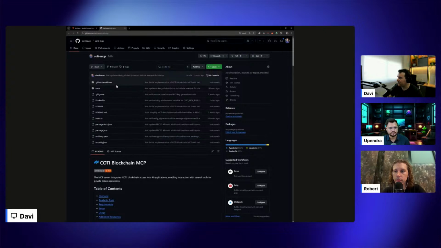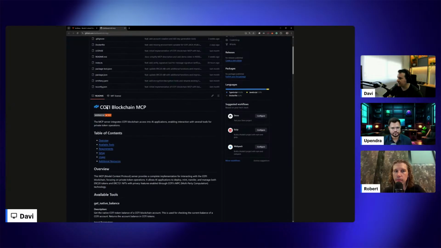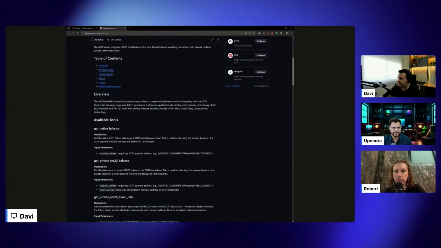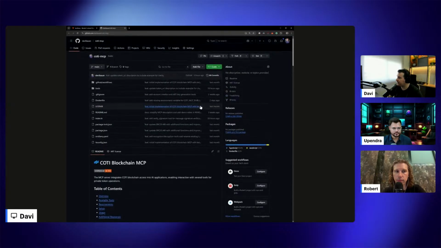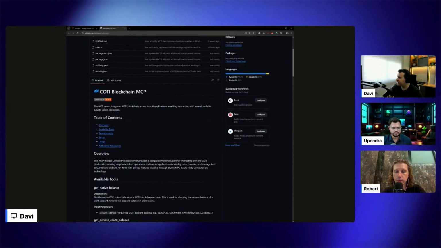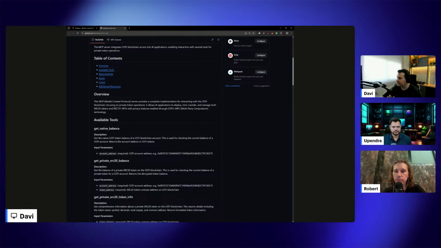And you can check out the code if you want to investigate more how it works, or if you want to create your own MCP, you can just clone this repository and check out how this MCP was created and use it as a reference as well. Or if you want to contribute to our project, you can fork it and also create a pull request with new tools. That's also a great way to contribute to the COTI ecosystem.